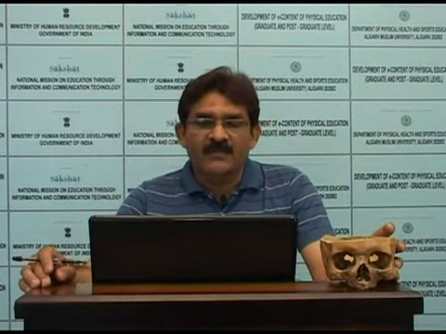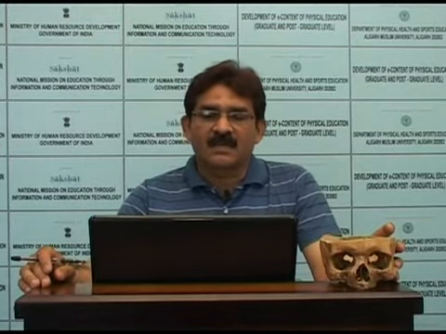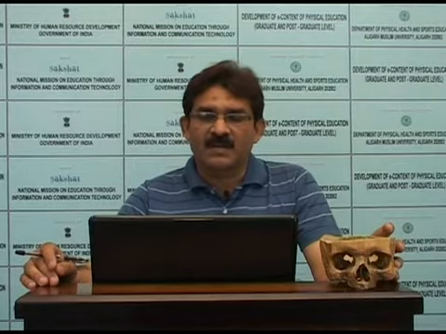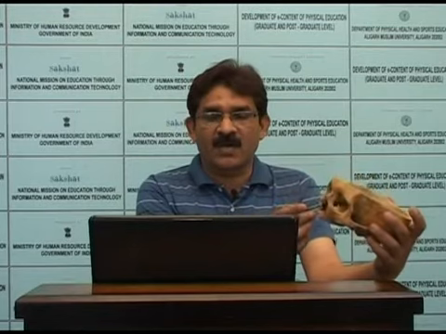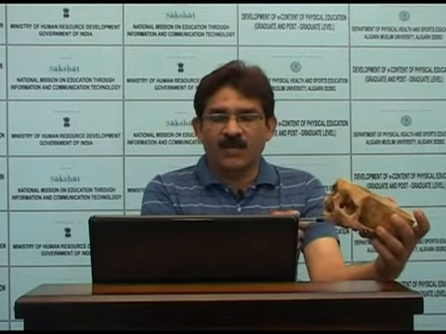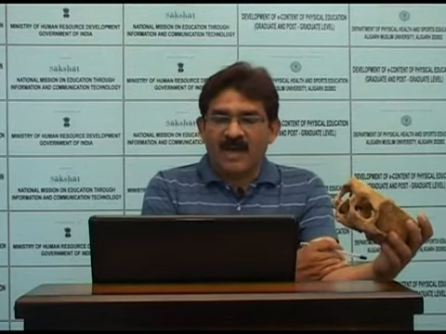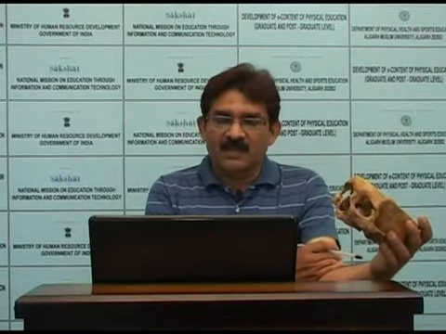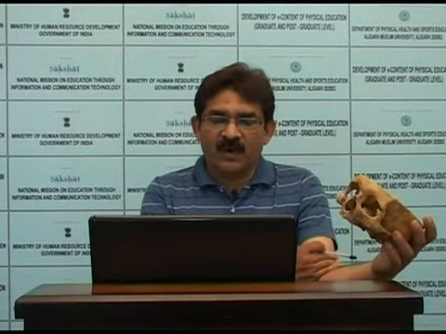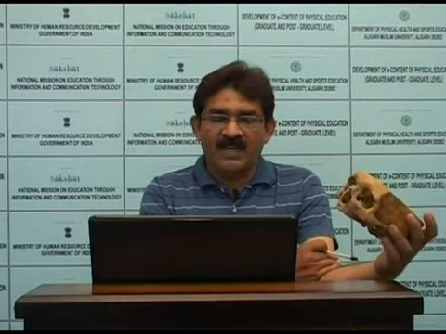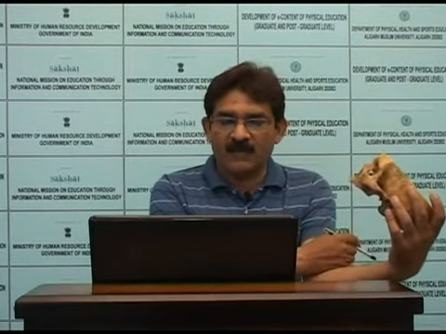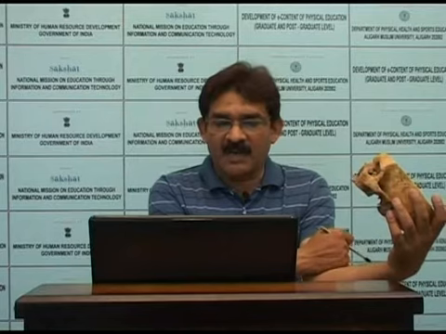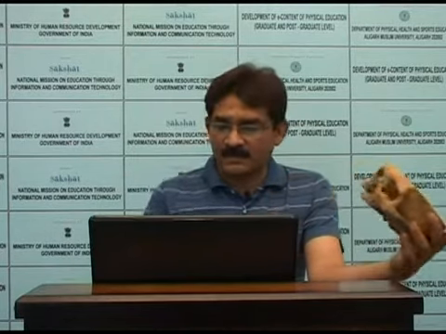Seen within the pyriform aperture are the middle nasal conchae. This is the middle nasal concha. Vomer bone along with the perpendicular plate of the ethmoid bone together form the bony nasal septum. This is the bony nasal septum, which can also be identified within the pyriform aperture.